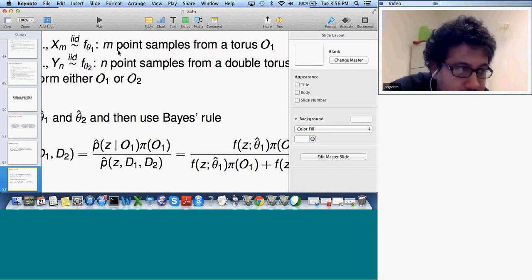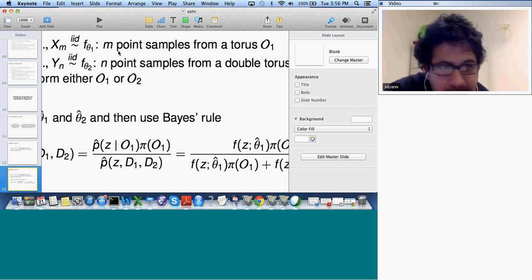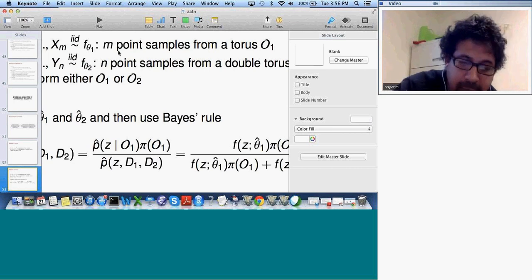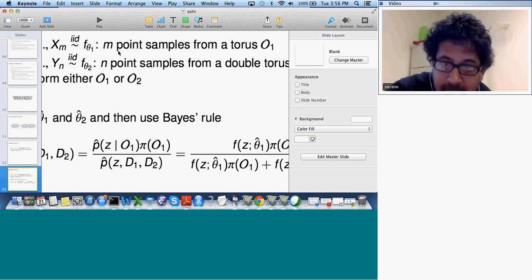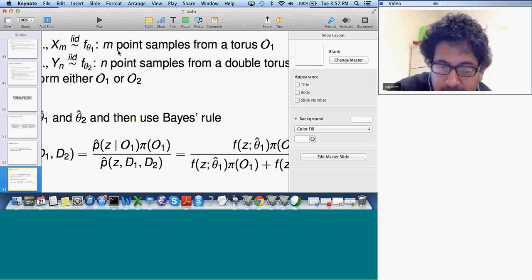Another thing you can do is think about what Peter's been working on with persistence landscapes, and think about how we put a prior on persistence landscapes. That can again be done because persistence landscapes, if you look at them, really look like splines. They're a kind of spline. We have ways of putting priors on splines, right? So I think there are things that can be done there that are really useful.